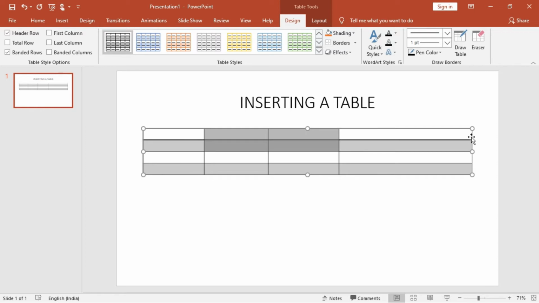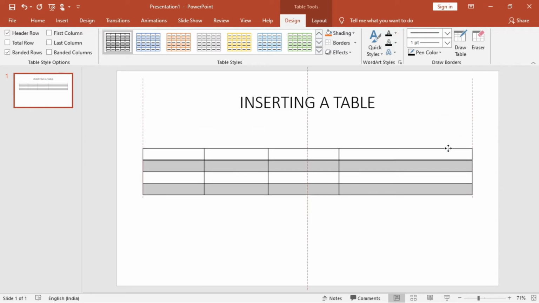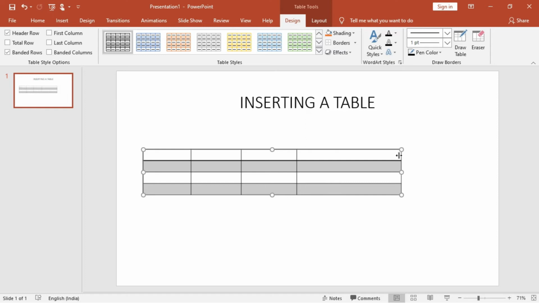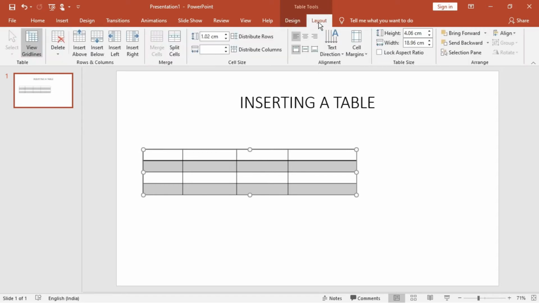All right, so I can move the table also to any point. If you are holding out here, then the size of the table will decrease further. All right, so this is the table that we have created out here. Little bit we are making it even out here. So you can see these two tabs, Design and Layout. This is very important for the table. Now you see the things I am keeping out here. Insert Above, so the row will be inserted above. Fine.